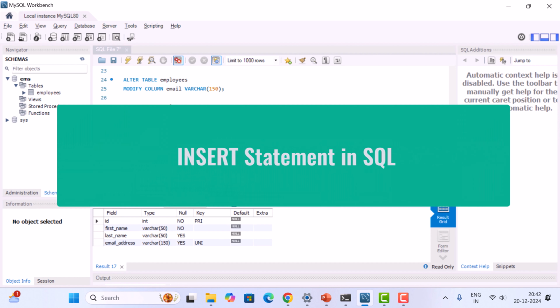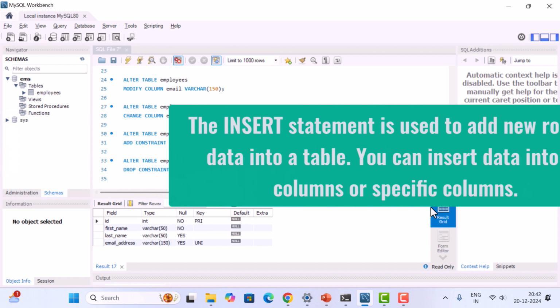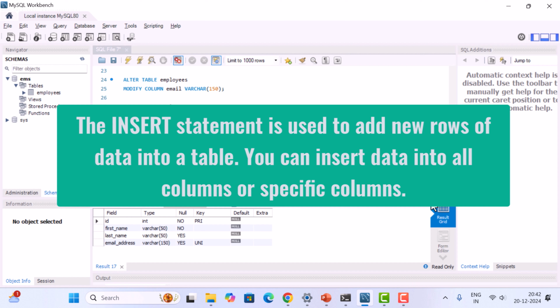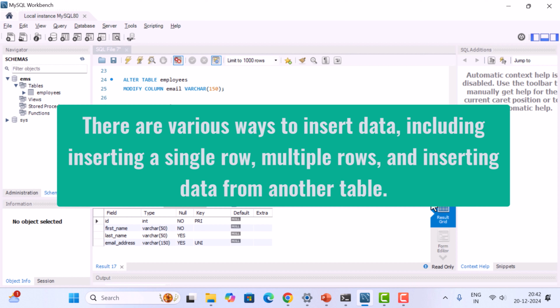Hi everyone, welcome back. In this lecture, let us take a look into how to use the insert statement to insert the data in tables in SQL. The insert statement is used to add new rows to the table. You can insert the data into all the columns or specific columns. There are various ways to insert data, including inserting a single row, multiple rows, and inserting data from another